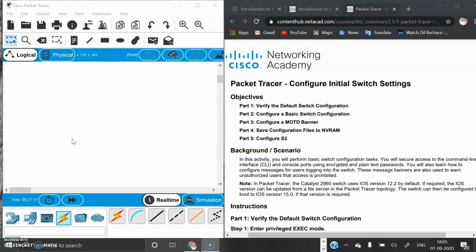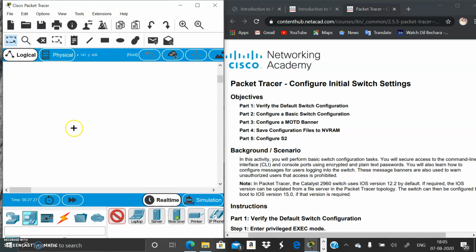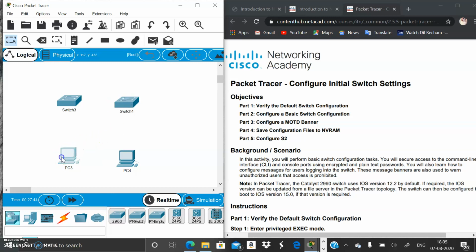Firstly, in the configuration of initial switch settings, we need two PCs and two switches. I will take the first PC, and this is the second PC, and I need a switch for that. Here is switch 1 and this is switch 2.